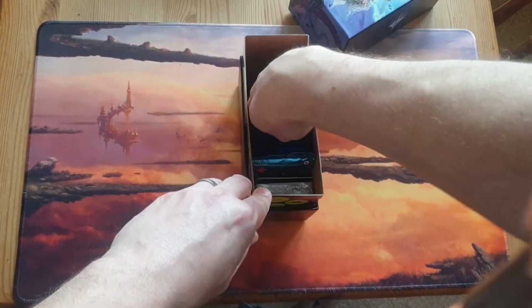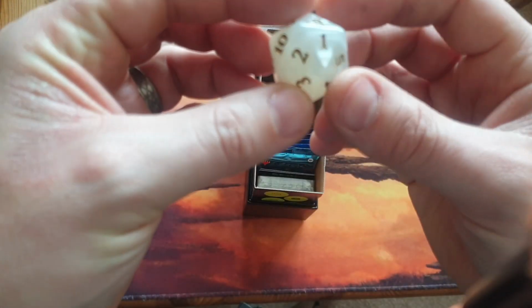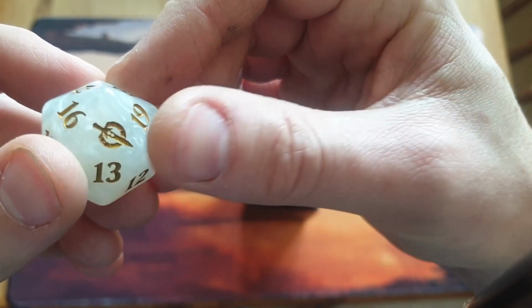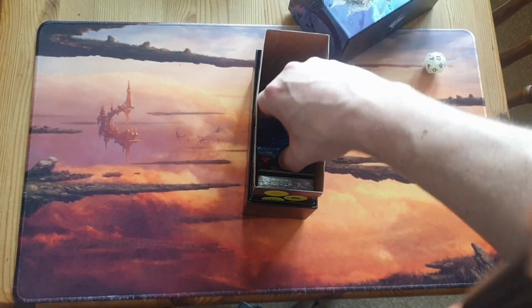What have we got? Oh, look at the dice. Look at the dice. Gorgeous. It's like white and gold marble. Can you see that? That's the set symbol, obviously. Beautiful. Like it. Okay, dice, you go there, as always. We have